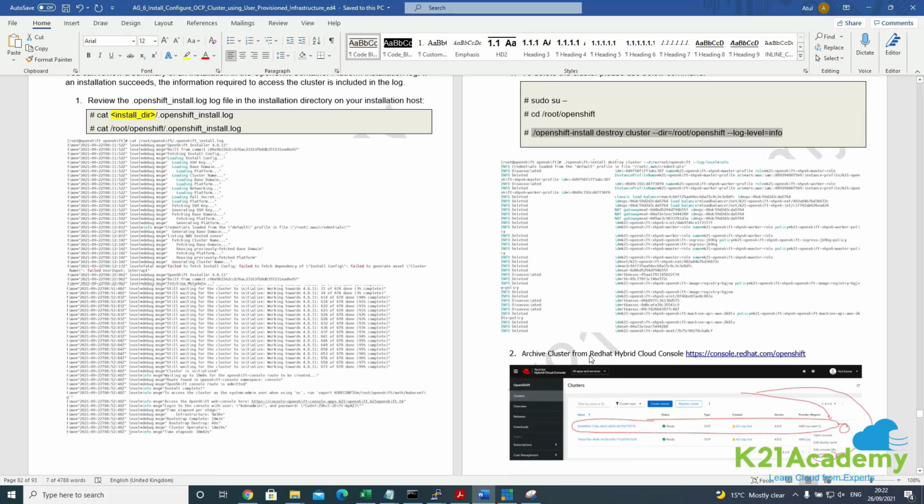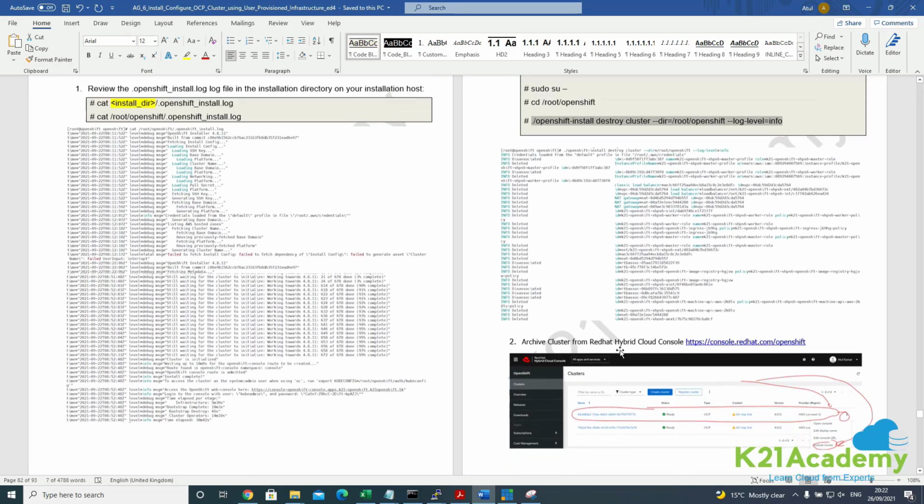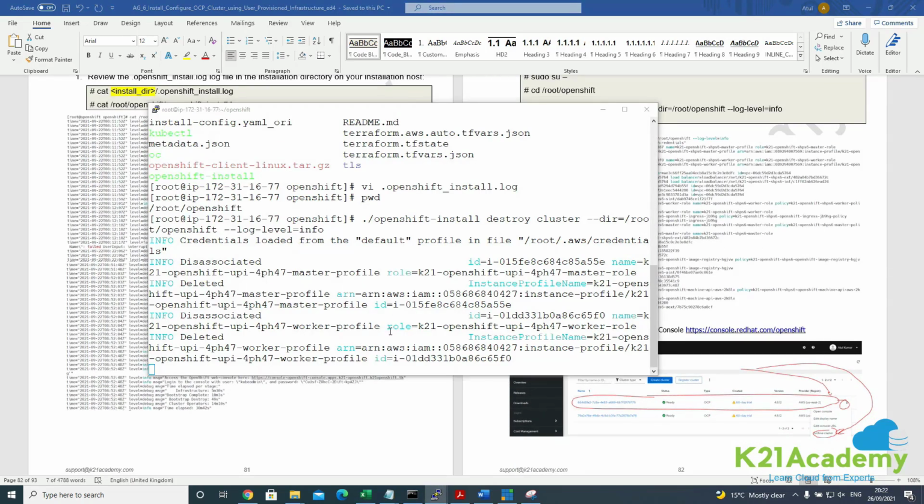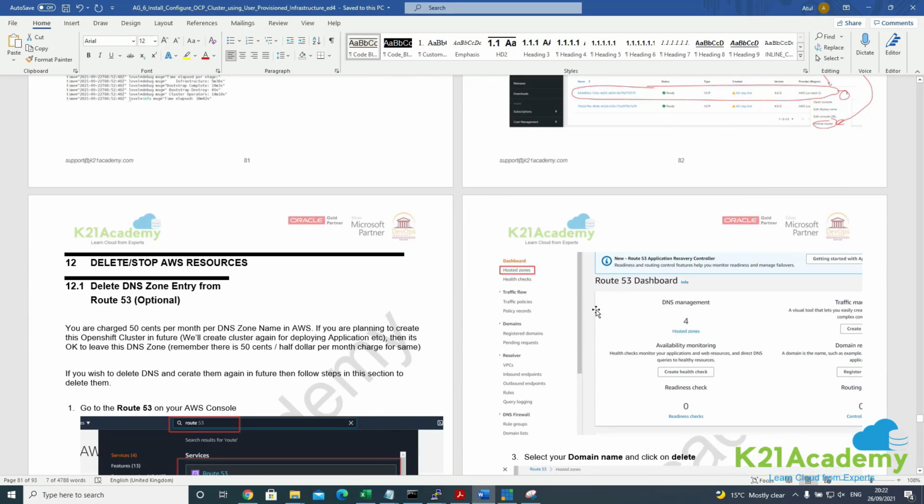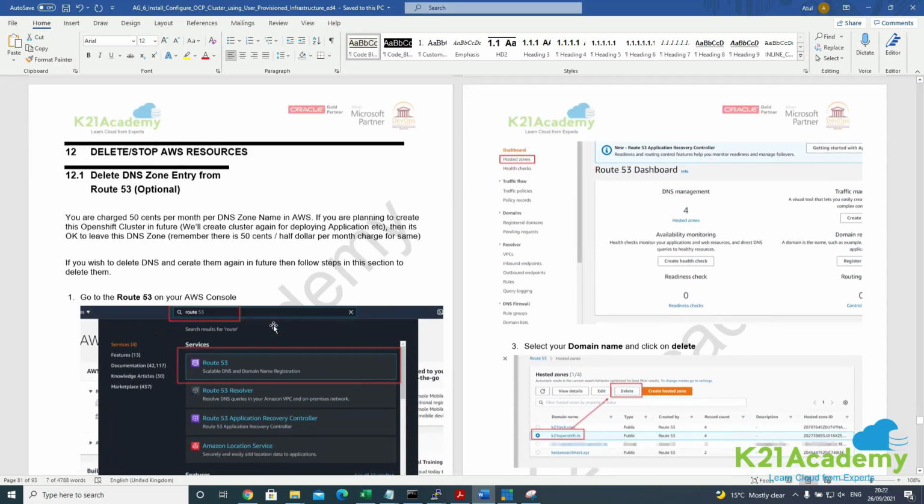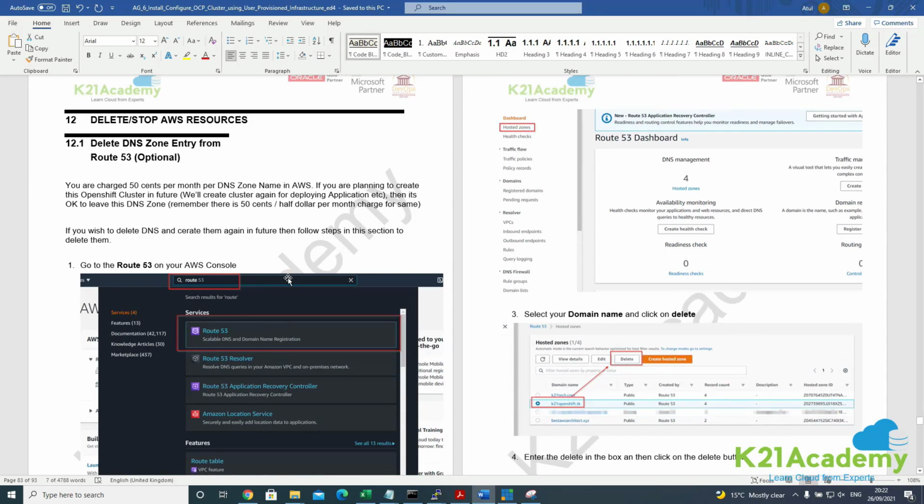We also need to archive this cluster from the Red Hat Hybrid Cloud Console, which I'll show you once this is deleted. And finally, one more thing is, because we also created a DNS zone earlier in Route 53,